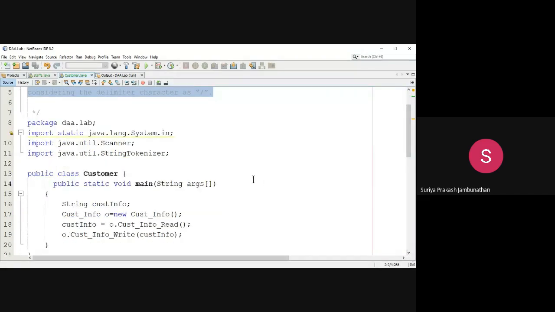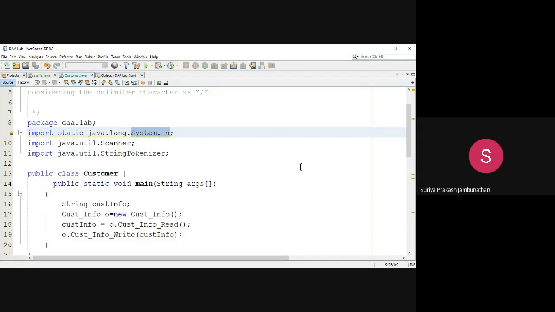So what are all the things we are doing in this program? We are writing a package. The package name is daa.lab. It's a very small program and easy to understand. We have java.lang and System.in. System.in is used for getting input for a program.